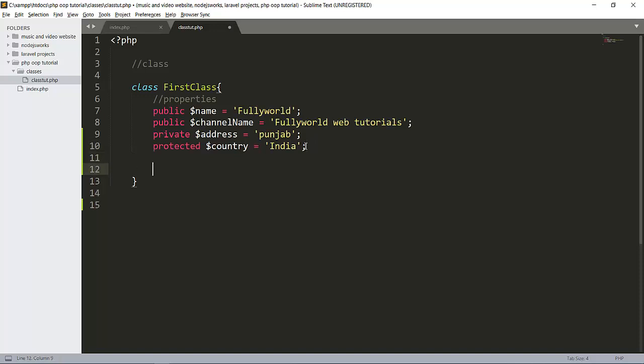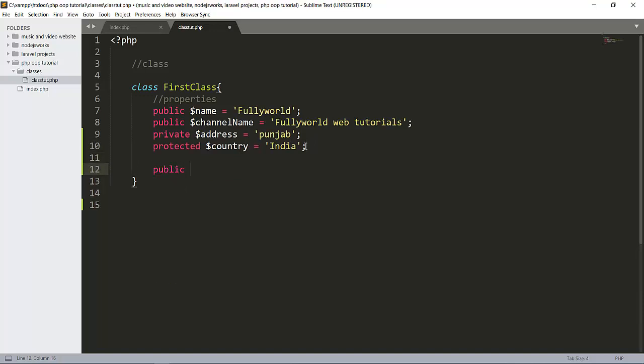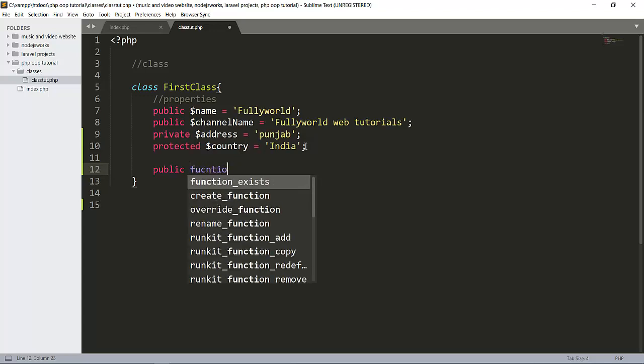Let's create our public function here. A function is also a property of this class. Here we will use the access modifier public, and we will make this function public, like you create in JavaScript.